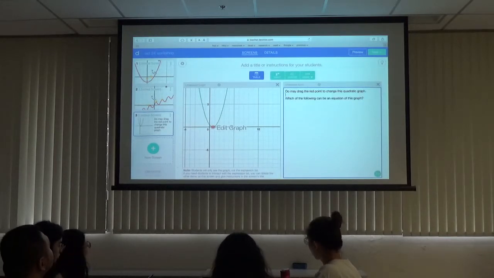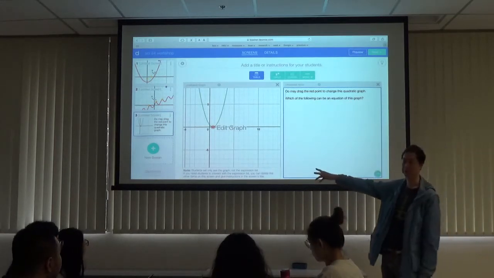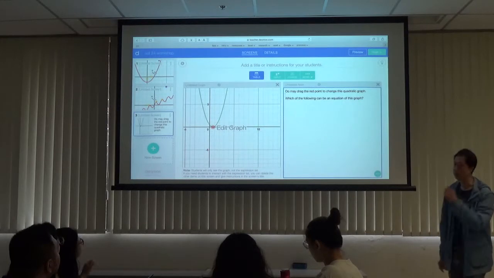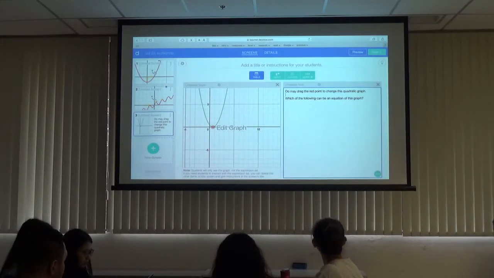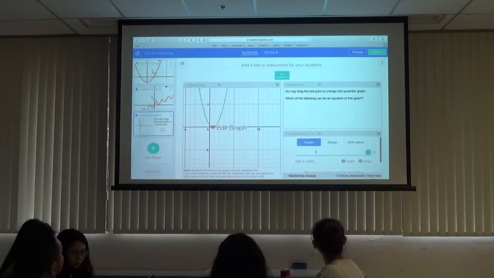All right, can you see my question here? This is my question, okay? So this is a quadratic graph, because they don't see the equation. But I also ask, okay, can this be one of the following equations? So I now offer the choices. So what are the choices? The choices can be, I make it,